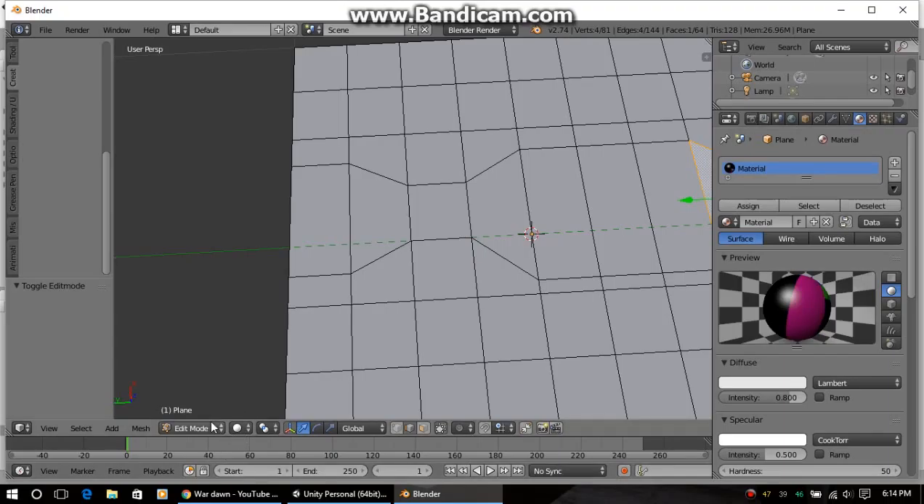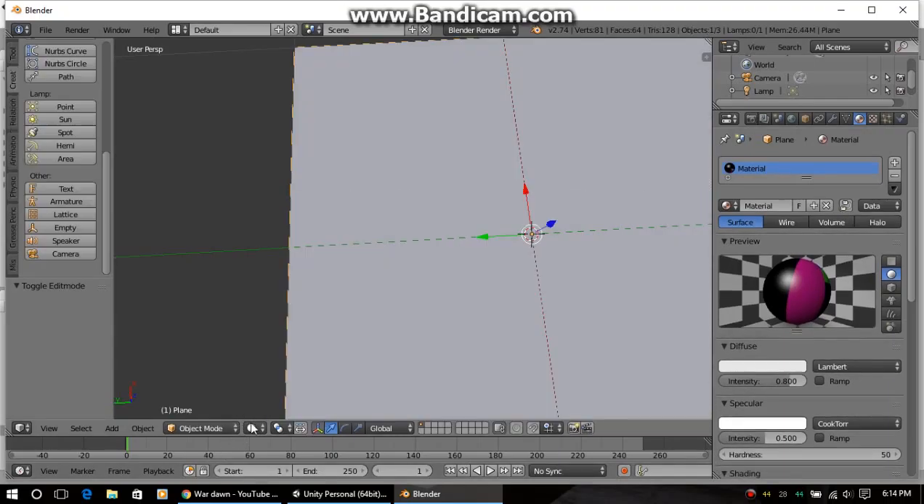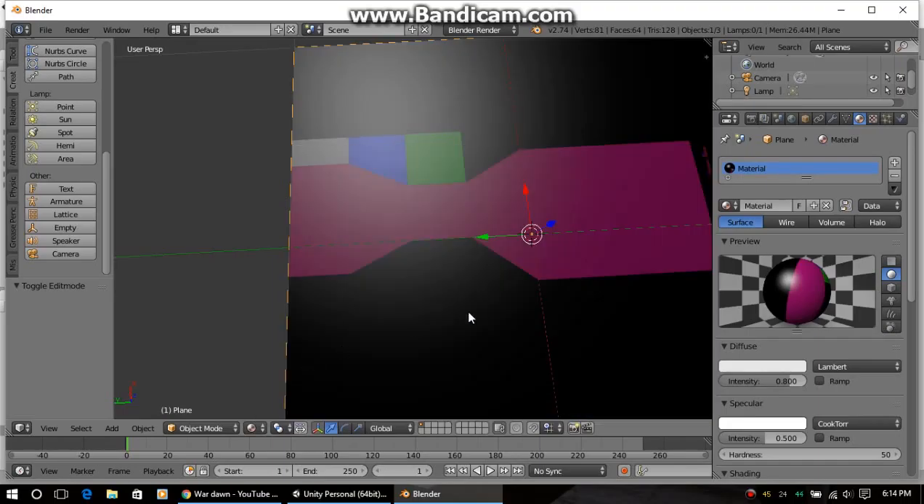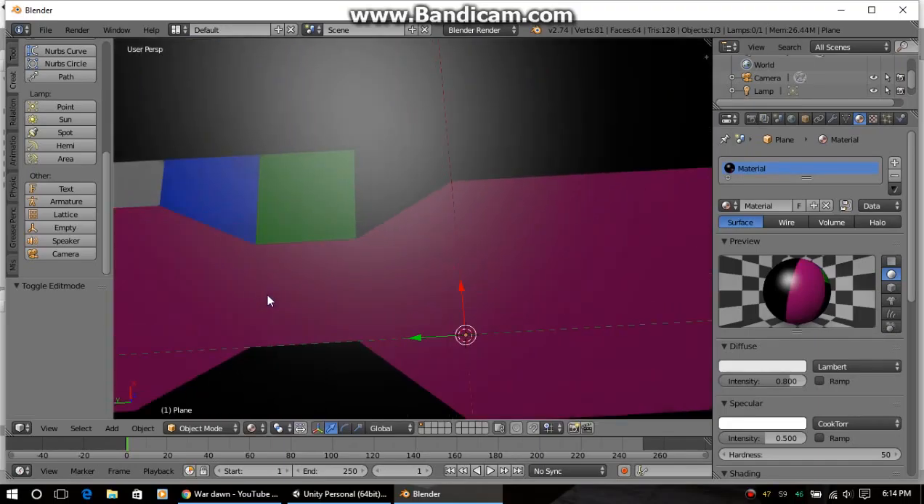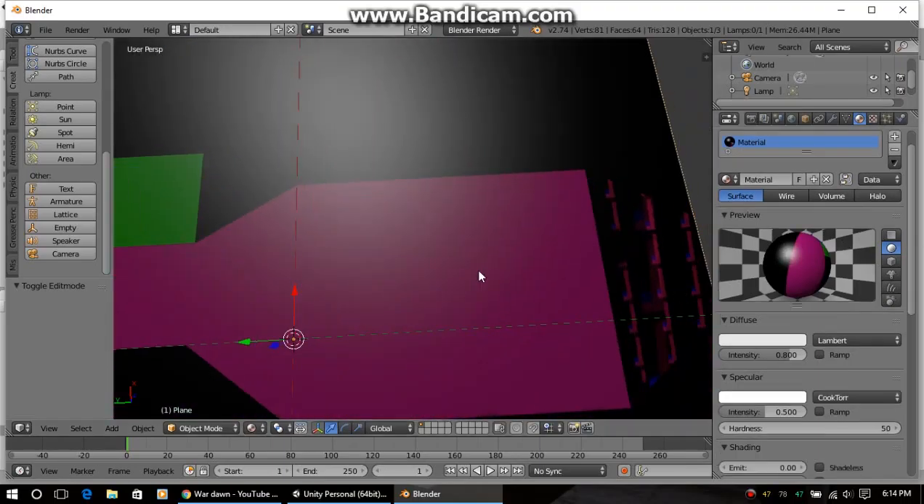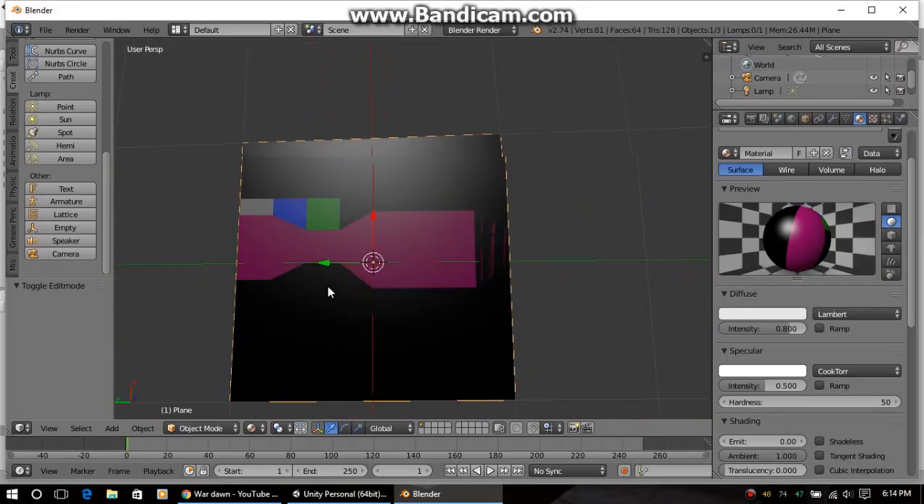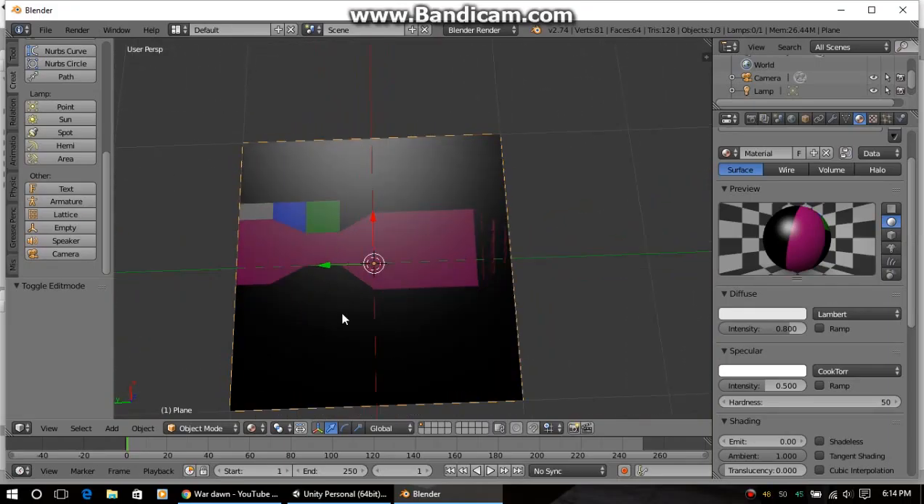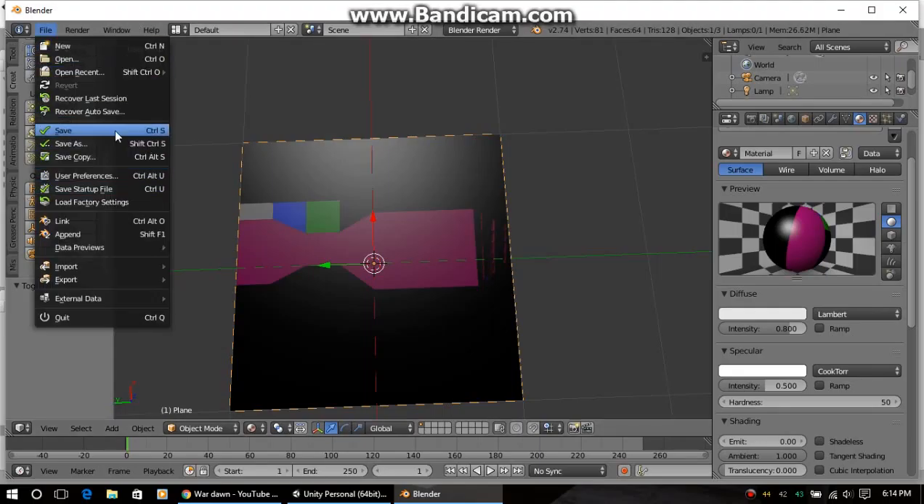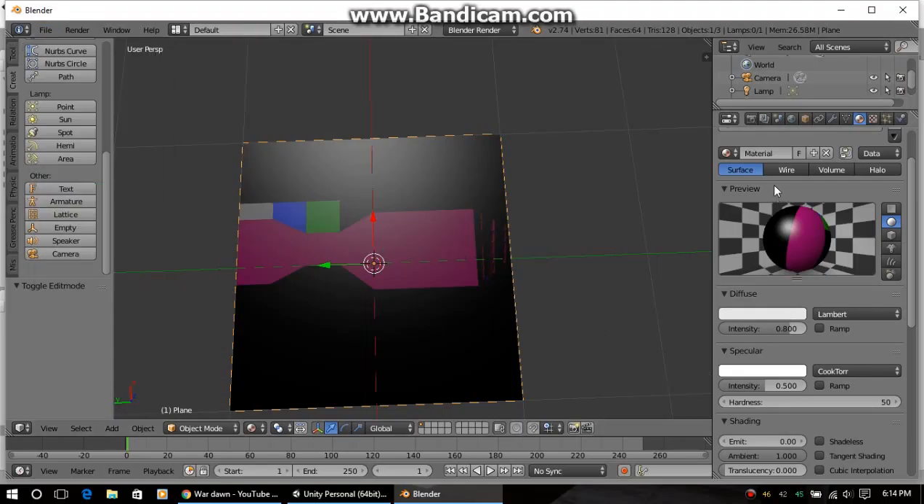And then we go into the material mode. Now we see exactly what we want. This is the image that I'm going to import into Unity, just for testing reasons. Okay, so we're going to go into